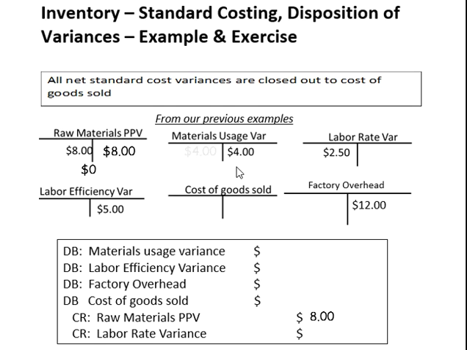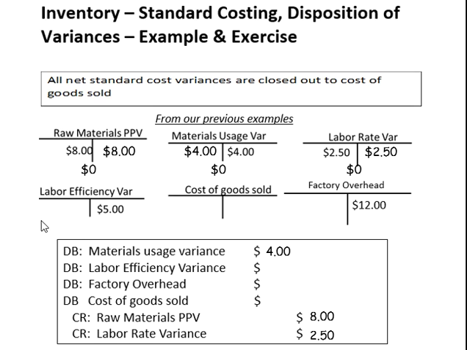Let's do material usage variance. Material usage variance has a credit balance. Therefore, I'm going to make a debit to zero out the account, and I enter my $4 material usage variance as a debit in my journal entry. Labor rate variance, again, I'm going to have to zero it out, and the way I'm going to do that is, since I have a $2.50 debit balance, I'm going to insert a credit of $2.50. The debits offset the credits, so I have a zero balance. And you can see the representation of that journal entry would be a credit to labor rate variance,